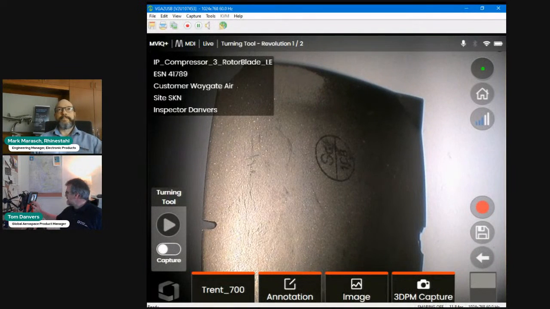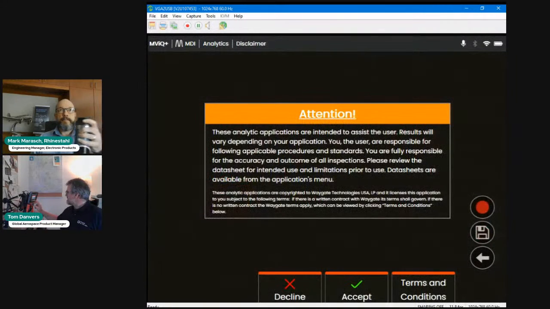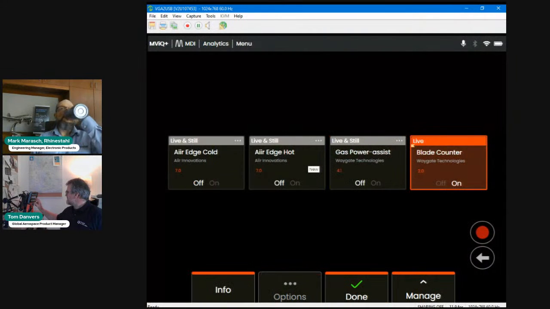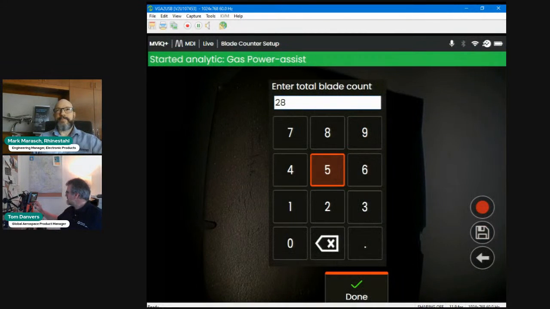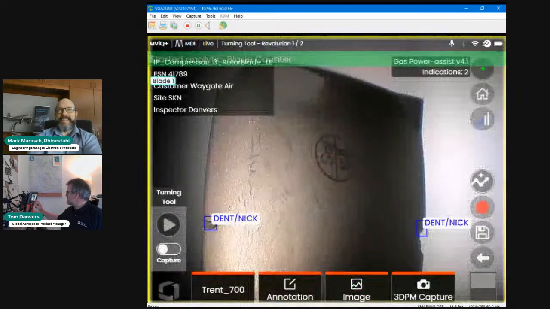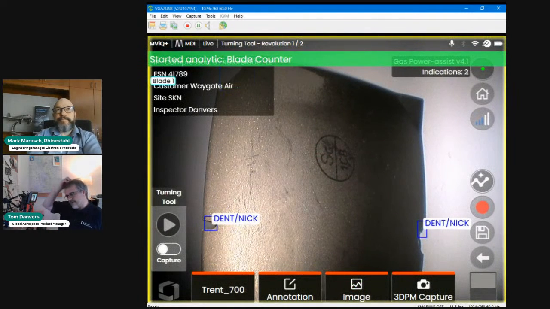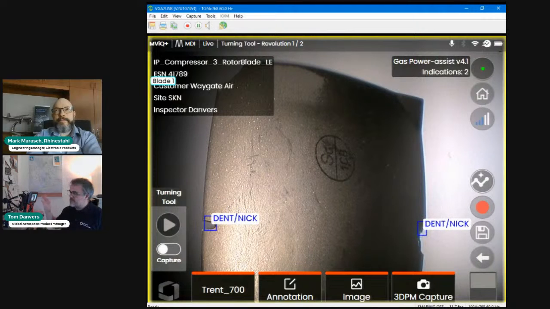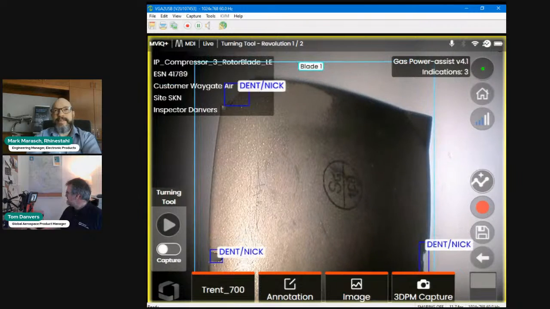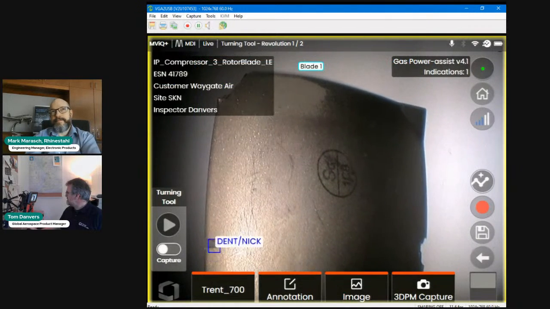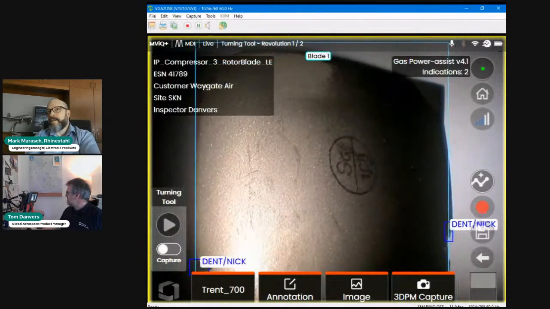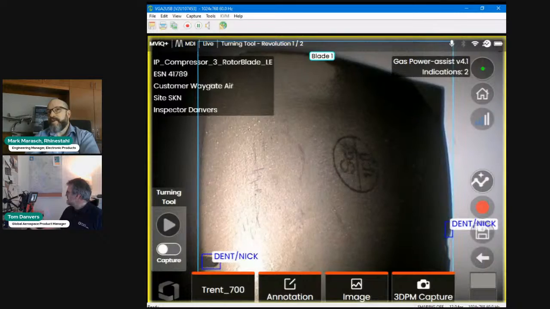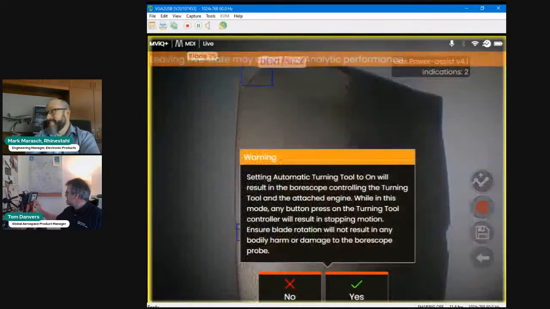And let's say I now want to go into analytics and turn on blade counter and gas power assist, and enter my total blade count, all of those things that you're perhaps used to now because of what you saw me show a couple of weeks ago. So I now have a blade in front of me, and you can see that I've turned on the defect detector, so it's picking out defects. It's also picking out the aerofoil as I move it. And what I can show is,